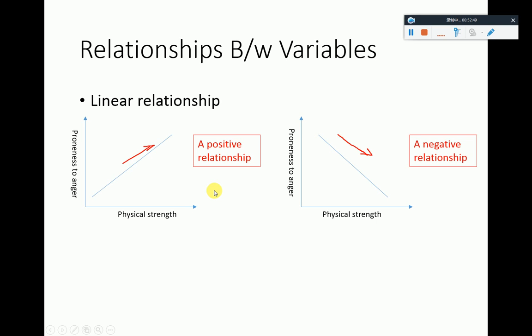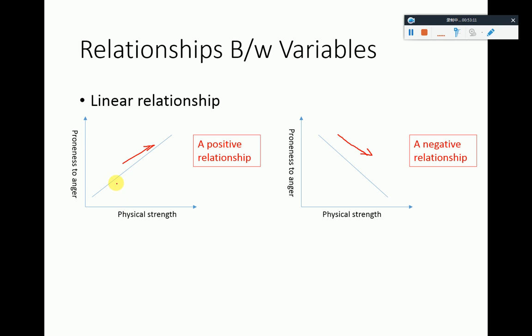Okay? Let me repeat. When we say the relationship between two variables is positive, it means that the values of the two variables are moving in the same direction. That's very easy to see because,